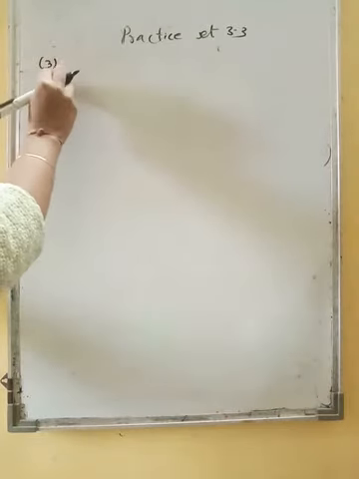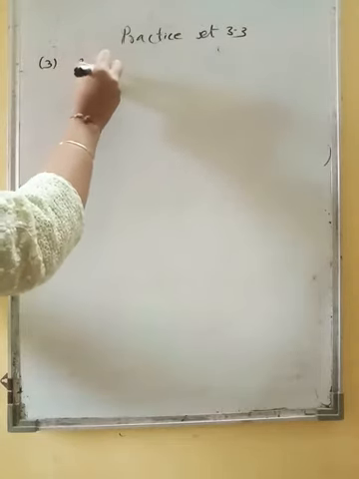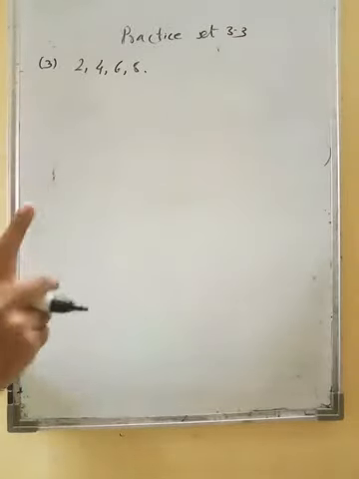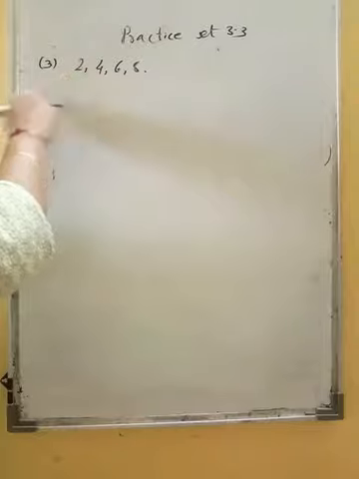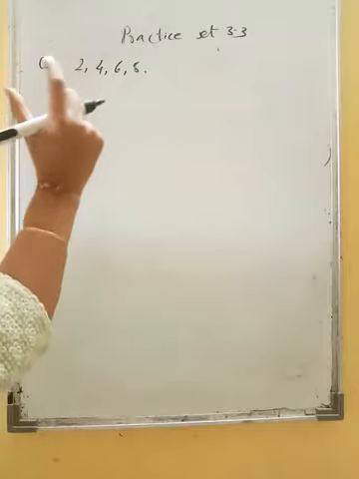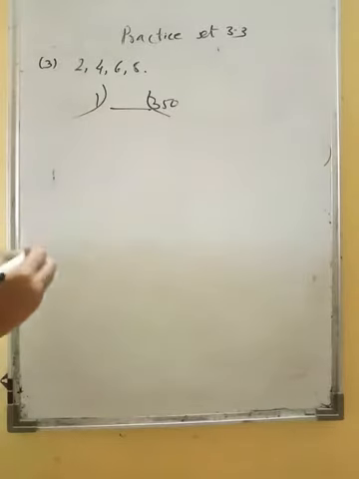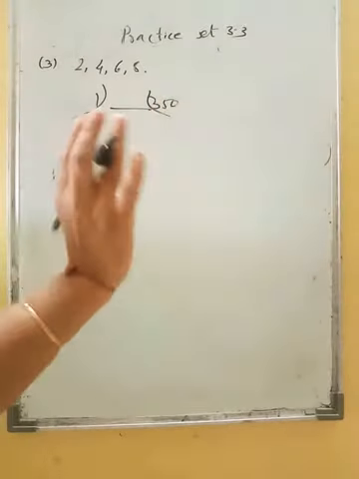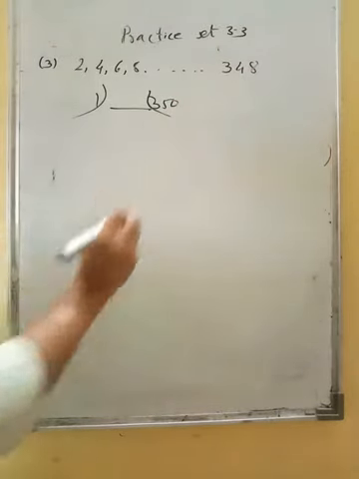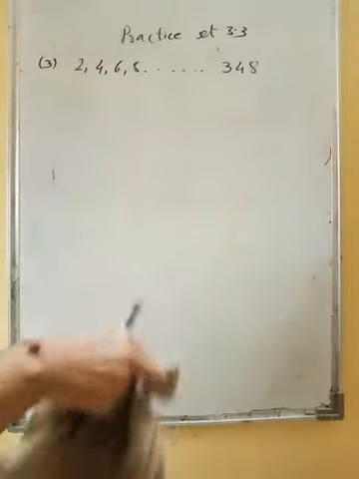Sum of even numbers. So how will the even numbers be? 2, 4, 6, 8, 10, 12 and so on. 1 to 350. So 1 is excluded and even 350 is also excluded. When they say between 1 to 350, the numbers that come in between, these two ends are excluded. So 350 we are not supposed to take. So what will be the last term? It will be 348. Correct? So this will be your AP.